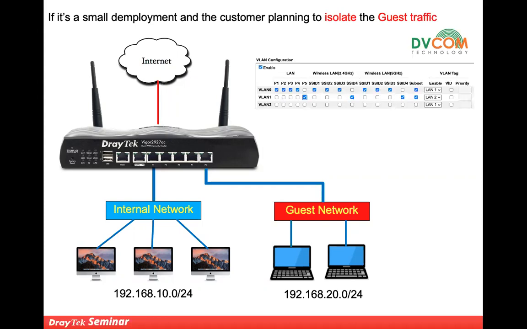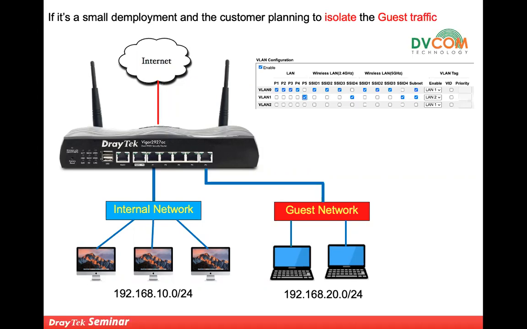And if you see on my screen, if you want to separate it, you just go to the VLAN configuration, which belongs to the LAN segment. Then after that, you can see port number 1, 2, 3, and 4, and SSID 1, 2, and 3. If you go to SSIDs, you are able to configure 2.4 and 5 gigahertz, SSID 1, 2, and 3, and in 2.4 and 5 gigahertz, they belong to LAN number 1.